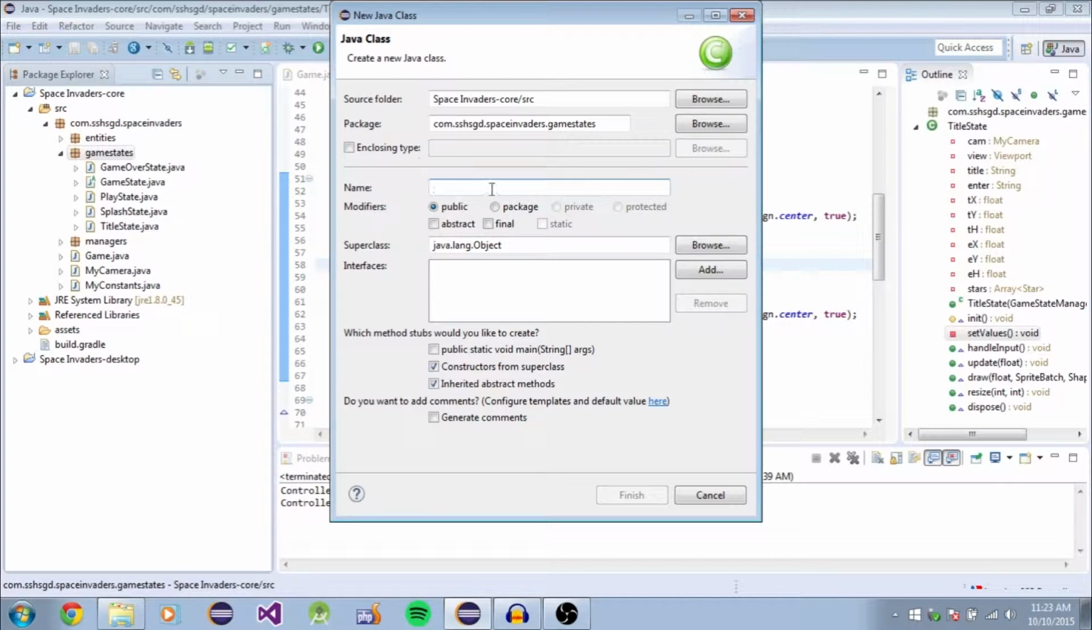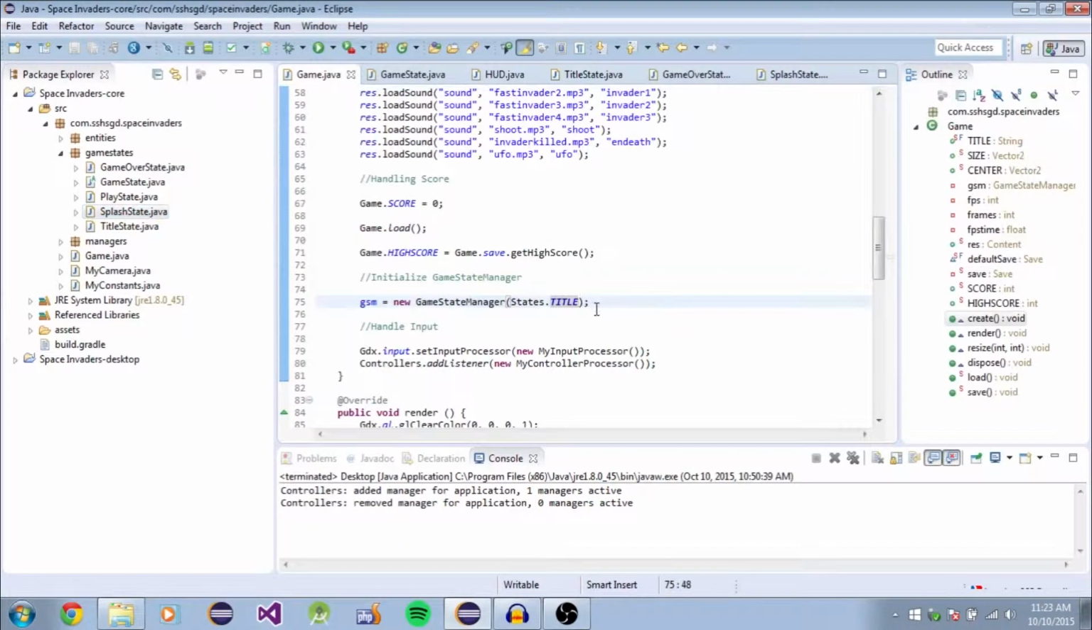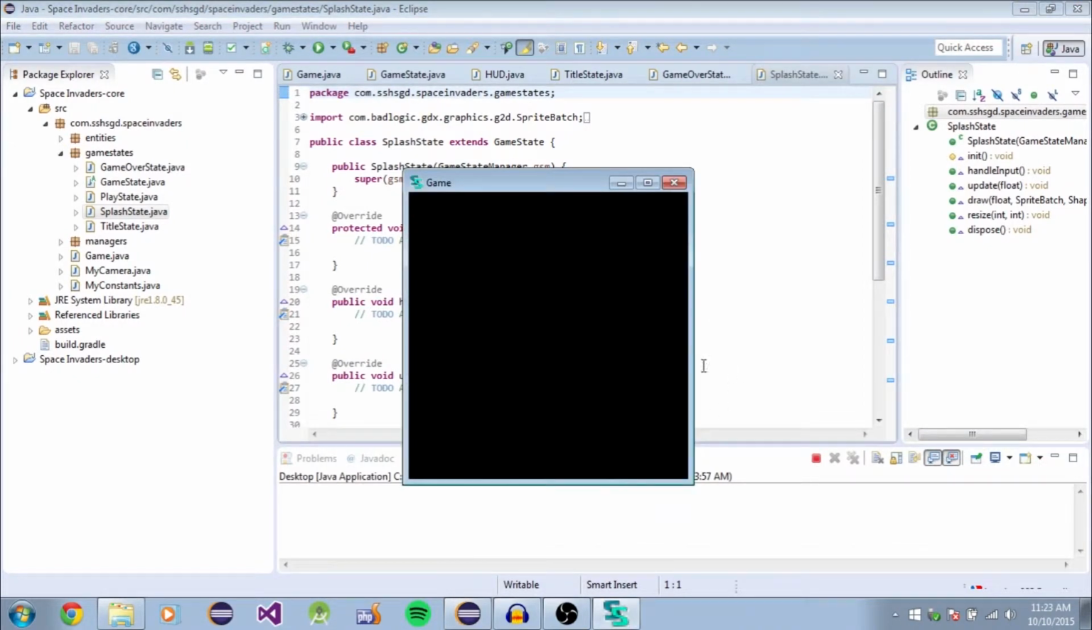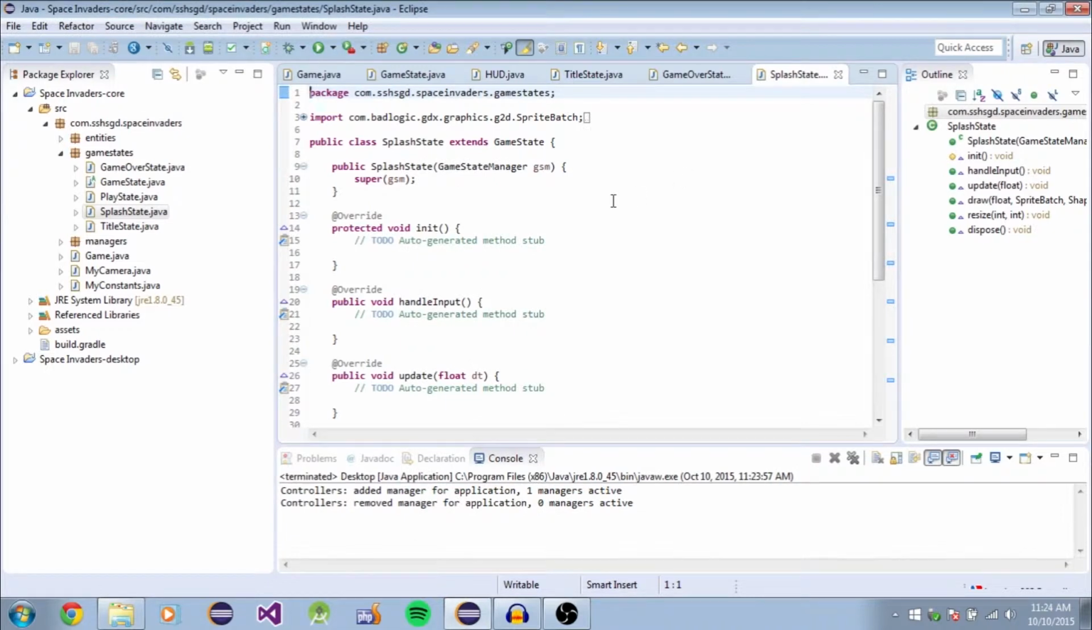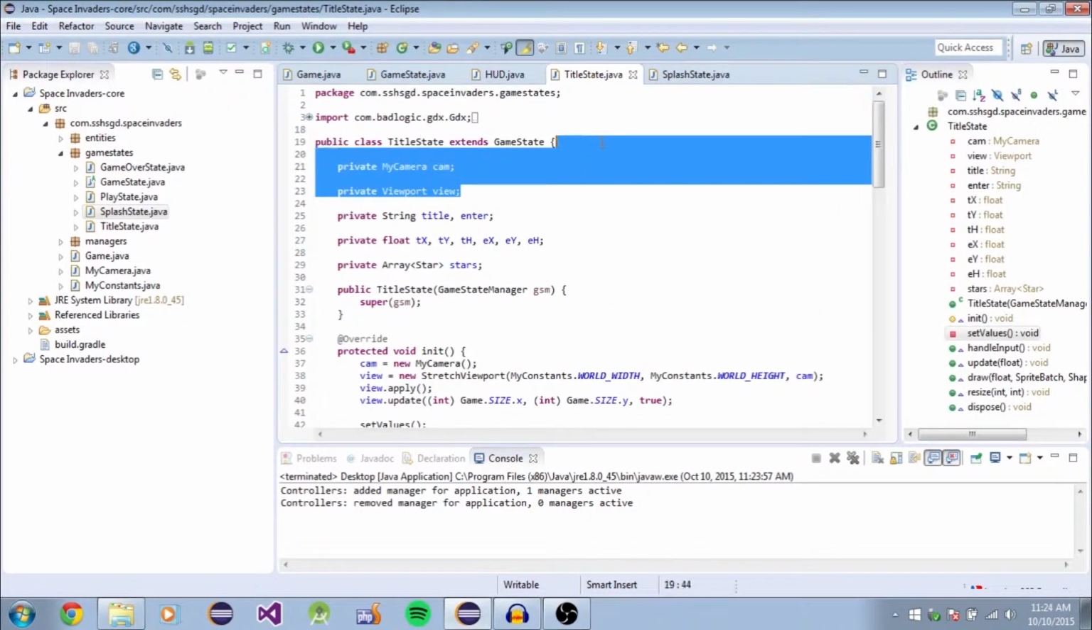So go ahead and make a new, actually no, we don't need a new class. We need SplashState. We need to change this to Splash. So we should get a blank screen. We have nothing here yet. Awesome. So SplashState. So we're going to have a camera, so we can go ahead, copy the camera and the viewport